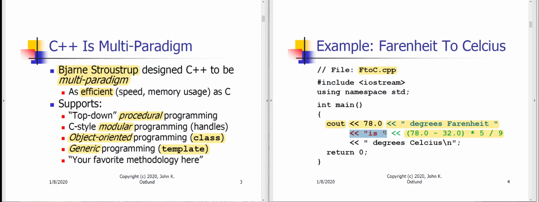Following that, we have an insert of another string, "is". Now, I could, of course, have just tacked "is" on the end of the preceding string, but frankly, I just ran out of room on the slide, so I put "is" on the next line down. Then we have our fourth insert operation, and that's going to insert the result of this computation as a floating point number. And finally, our fifth insert operation is going to display the string " degrees Celsius". So 78 degrees Fahrenheit is some number of degrees Celsius. Of course, here we have our new line character, which will give us our carriage return line feed,